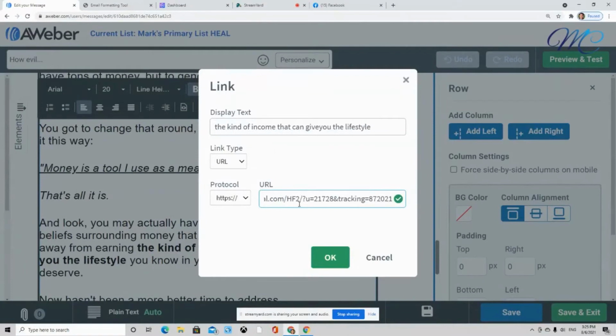Alternatively, you could also create a tracking link and hyperlink that in your email as well. I actually did a separate tutorial on how to create a tracking link for any company offer that you're promoting in your business using Click Magic. That's a separate video that you can check out on my YouTube channel under the Digital Marketing